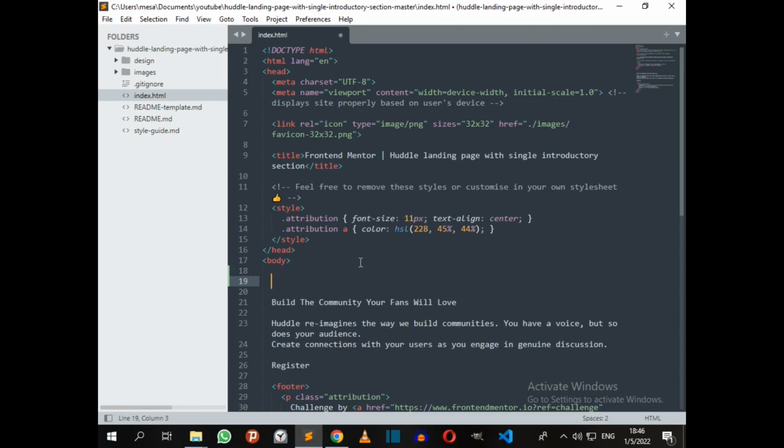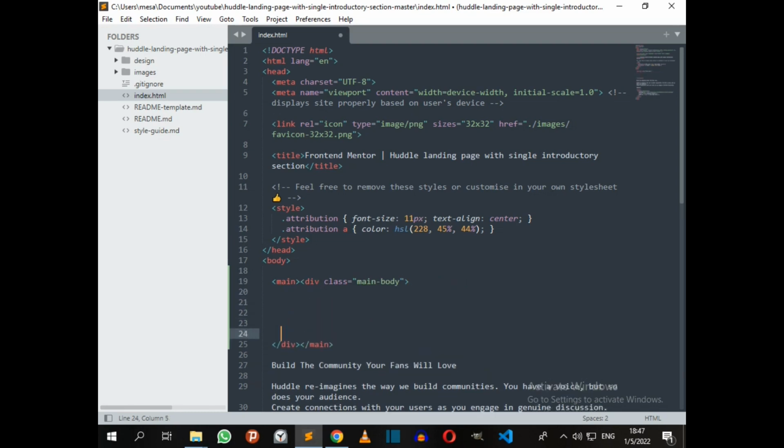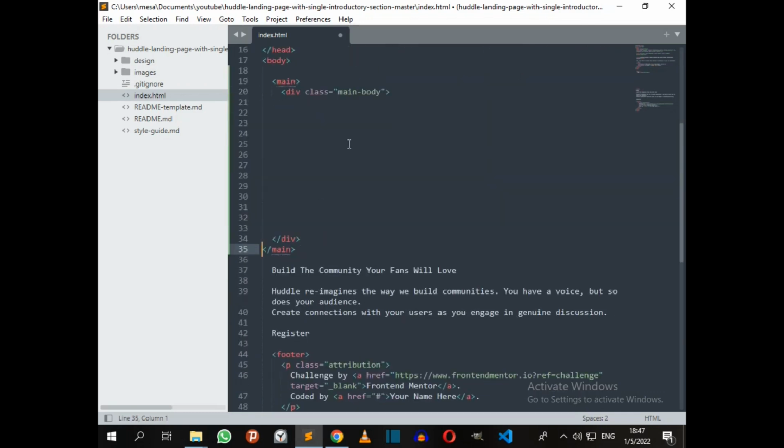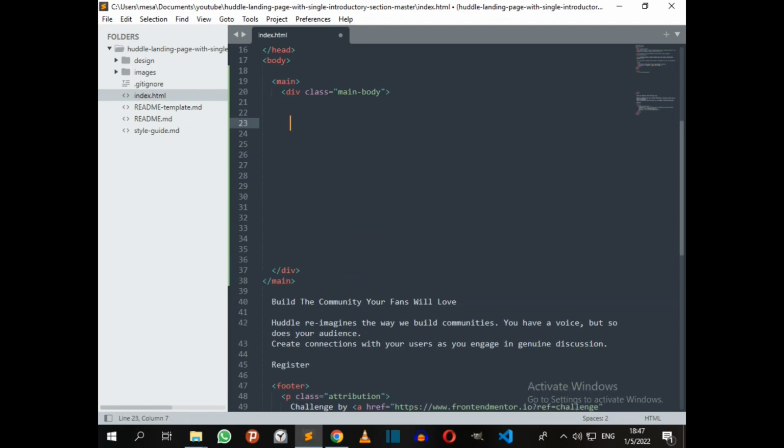First of all, I'm going to create a main. Then inside the main, I'm going to have a div class. I'll call it main body. Just to make our code look smarter, let me space in between. Now I'm going to create